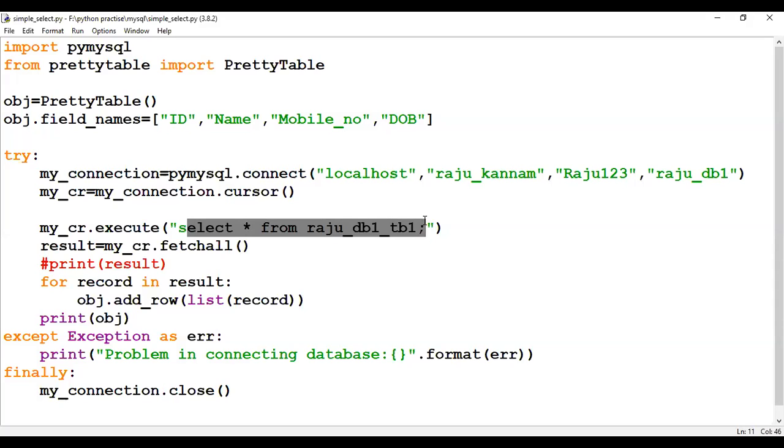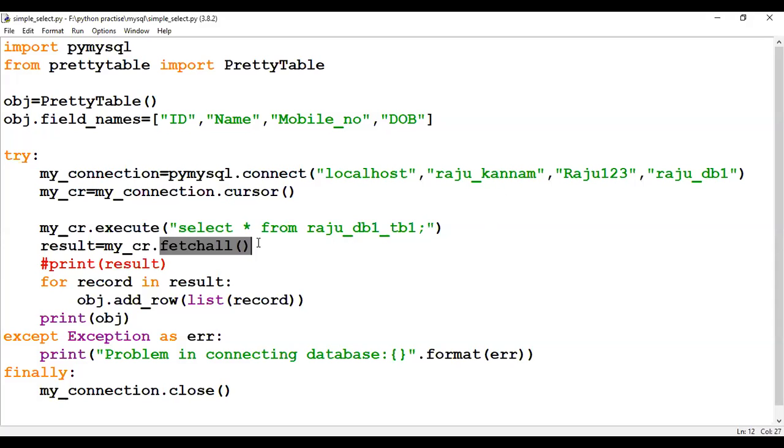To bring the result from the cursor to your program, you have to use the fetchall function, or you can use the fetchone function. Fetchall will fetch all the records stored in the cursor. Fetchone will fetch only one record, the first record. And fetchmany will fetch only the specified number of records.